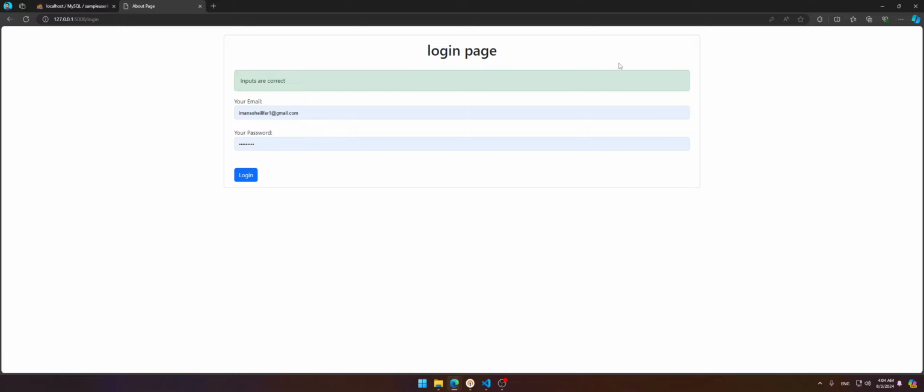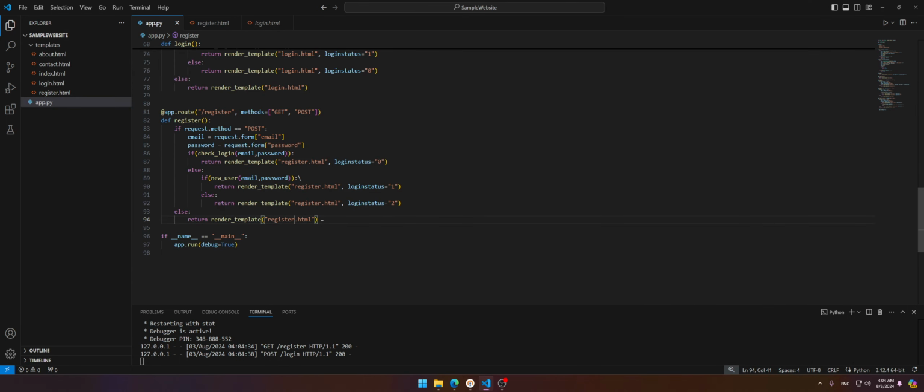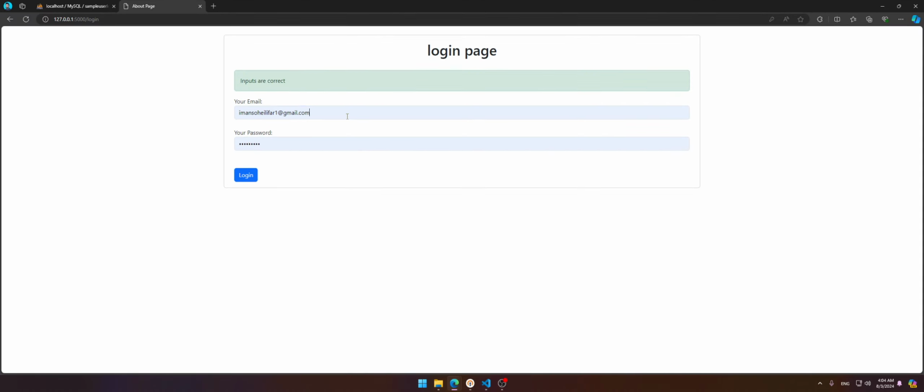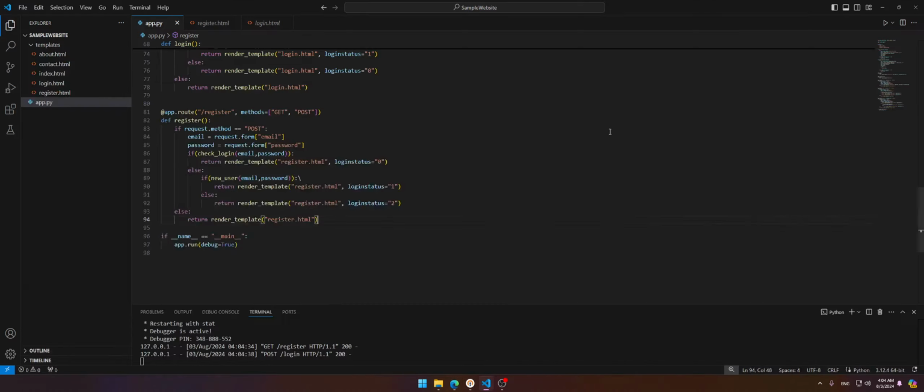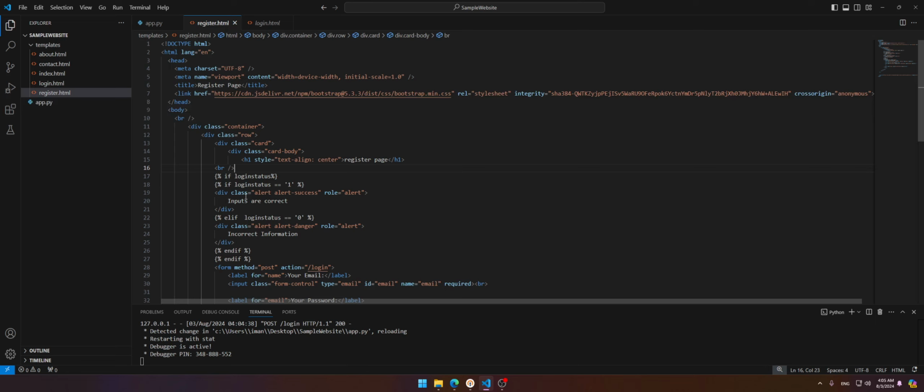Login page. Okay, and let's see. Oh, something is not. If it was okay, I mean, if new user exists, register.html as one input,